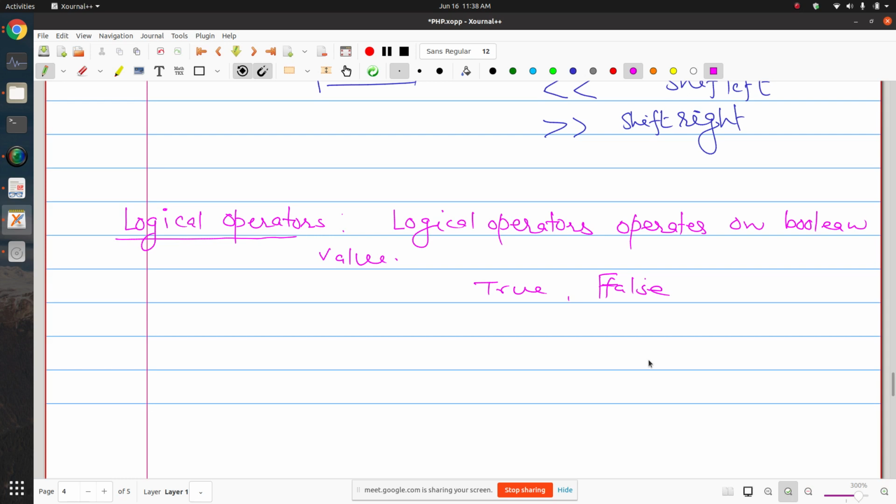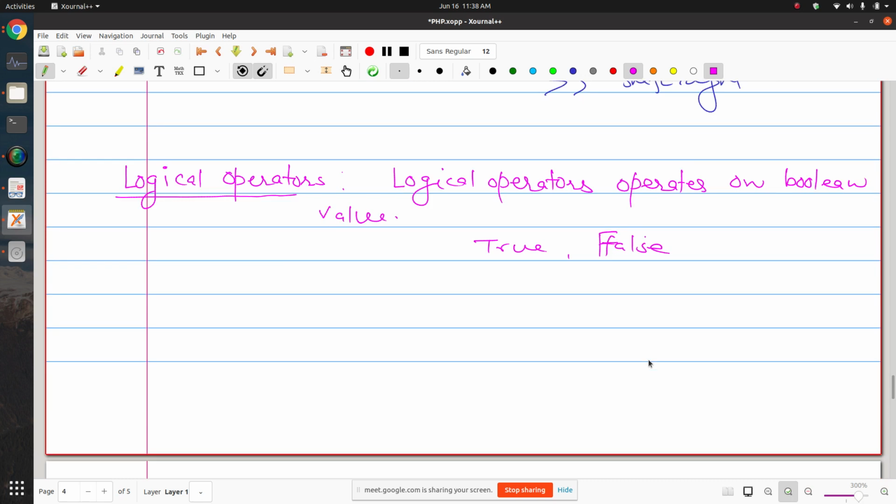And these operators can be used to combine two or more logical expressions. The commonly used logical operators are and, or, not. So let me come to that.